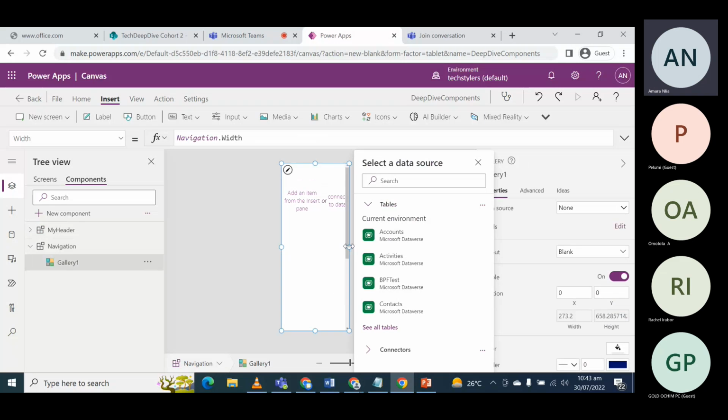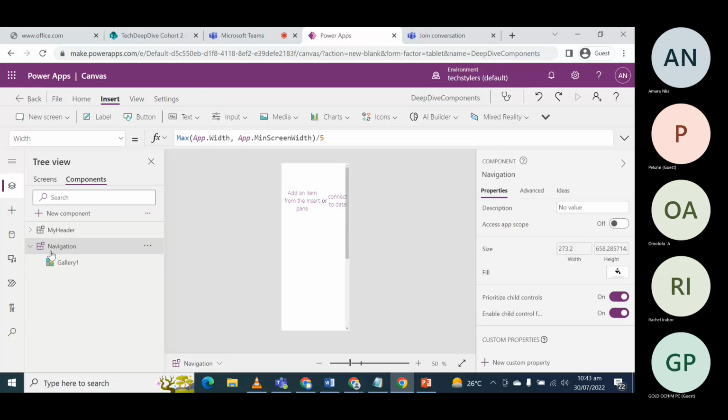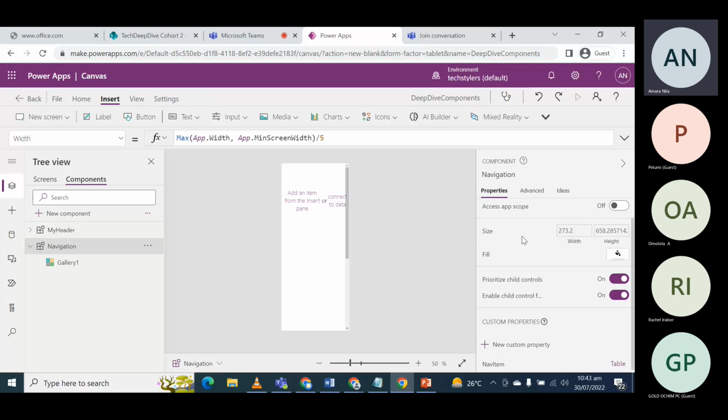Since we are not connecting to a data source using this gallery because it's a component we're trying to build, we are just going to create a table from our navigation. So when you click on your navigation component, you'd see on the right, you have component properties. So you have to create a new custom property. When you click that,